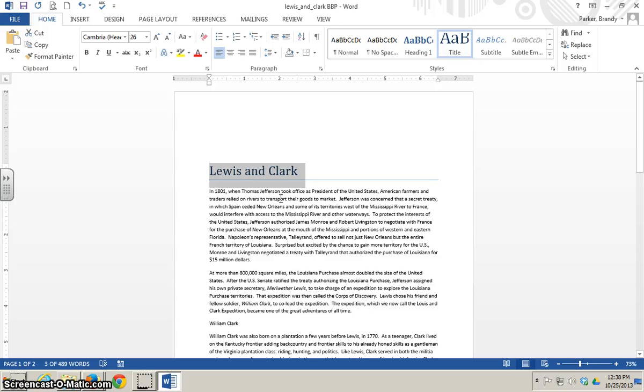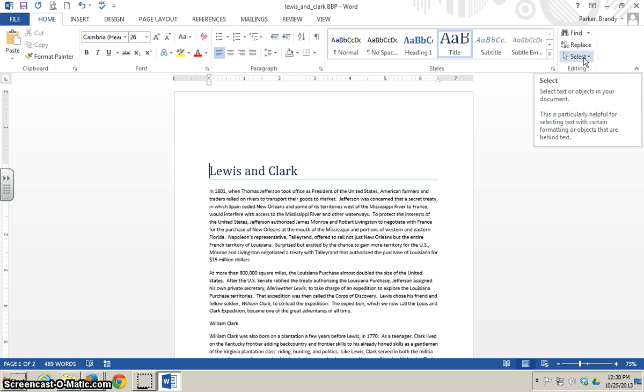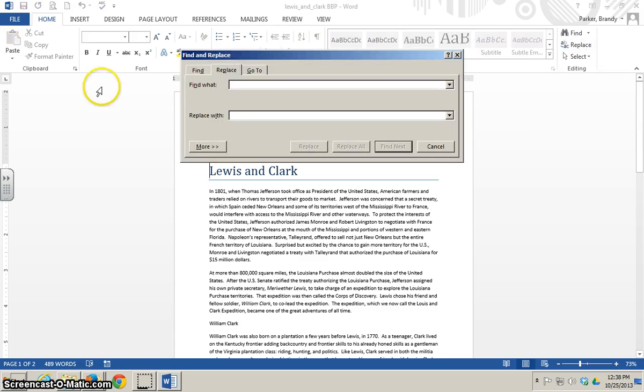Now we're moving on and we're going to use the Find and Replace option. So let's click back up here in front of the title so we can get back to the top of the document. And make sure you are in the Home tab and go all the way to the right. And we're going to choose the Replace button. So here we are going to make sure we're in the Replace tab and Find What box. Let's type in Lewis and Clark